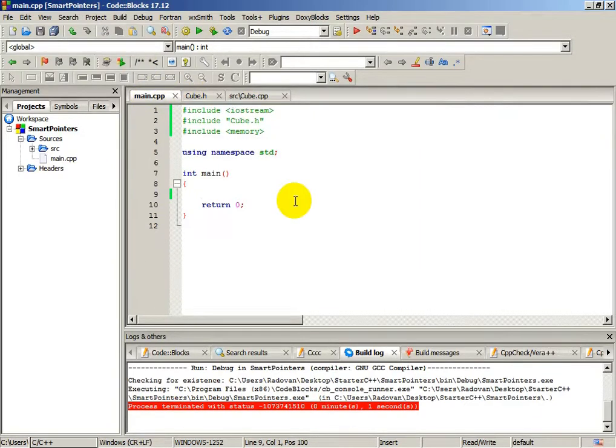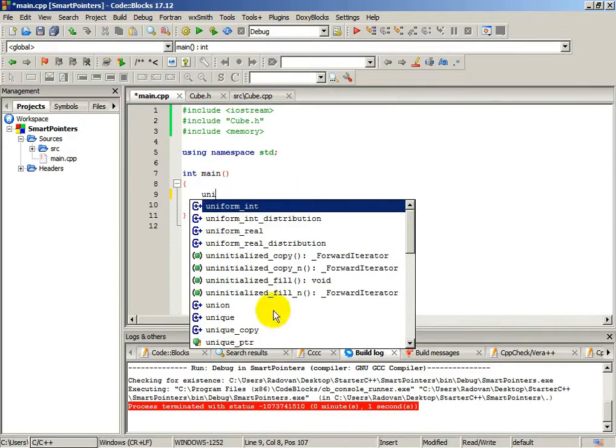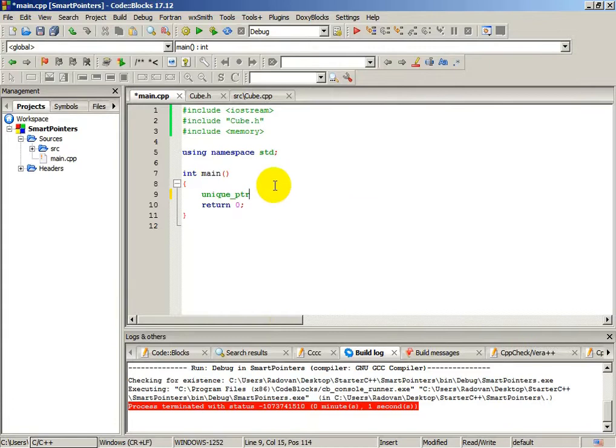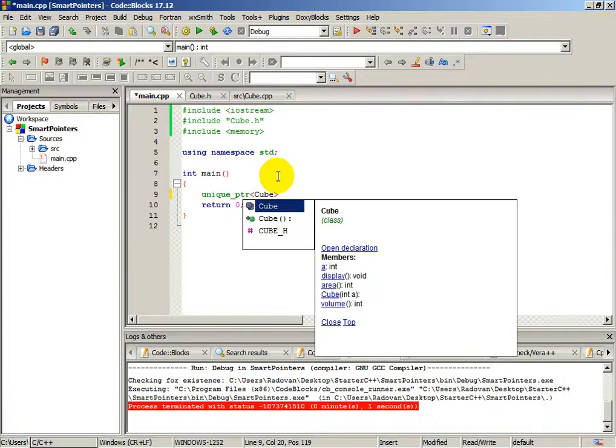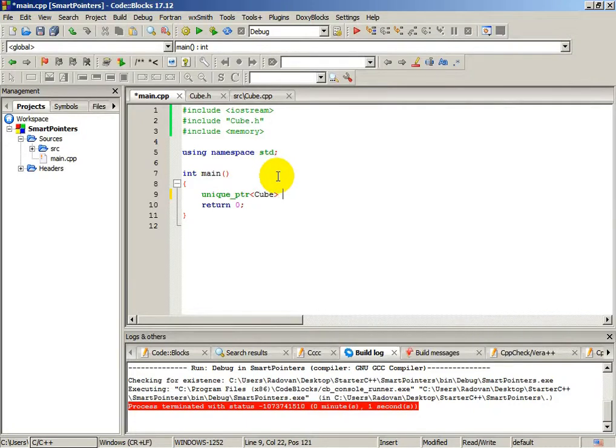Now I will create one pointer. It will be a unique pointer, unique_ptr, and we need a template, and the template will be cube. It means that it will point to a cube, and we need a name of the pointer, it will be c1. I could call it ptr1 or c1, but I will call it like a cube. It will be a pointer, and it will point to a new cube,